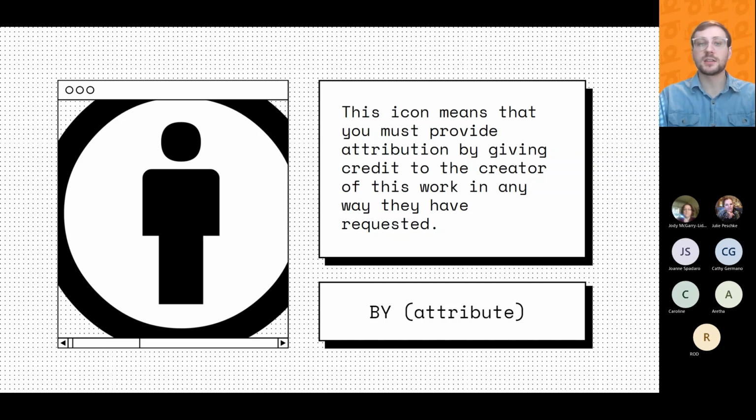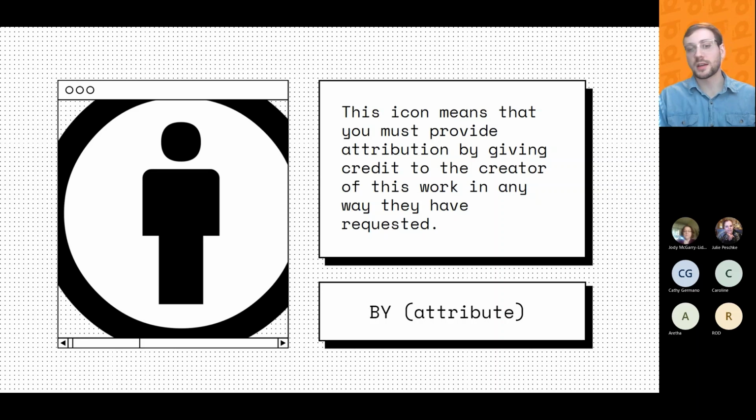Creative Commons licenses use icons and simple language so that creators can make their intentions clear, and users can be really certain of how their use of the work is legal. A Creative Commons license might be indicated with an abbreviation. It might be indicated with just descriptive text or even an icon. There are 6 Creative Commons licenses that you can use to show how your work can be used. And I will break them down for you. They're basically divided into 4 different elements with a bunch of different combinations.